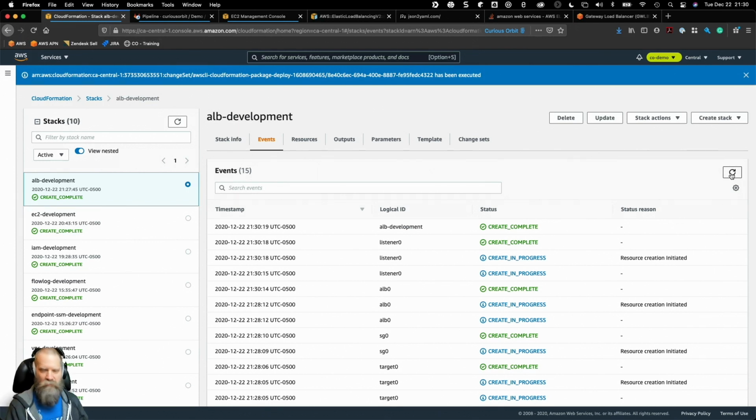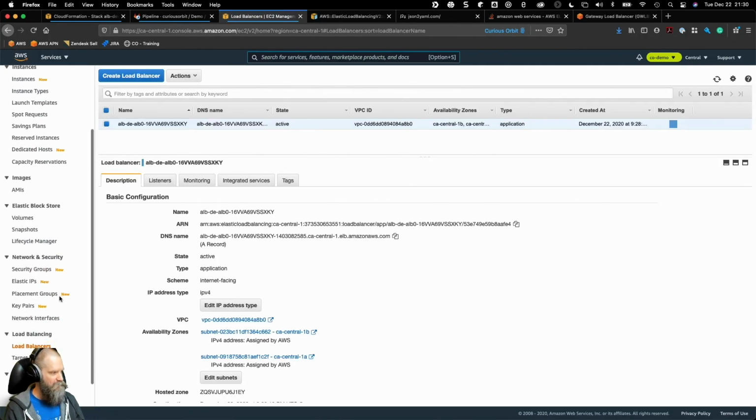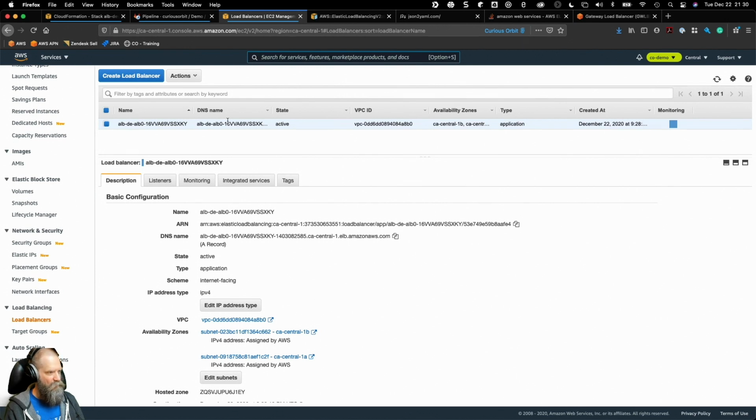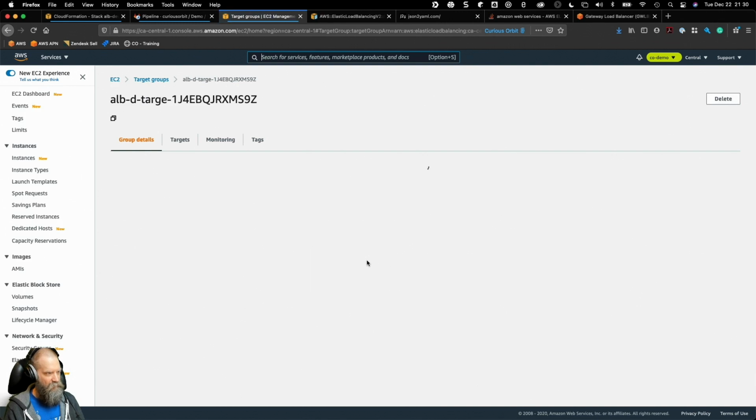There we go. Okay, so let me show you this, and I think we'll call it a night at this point, and then we can come back after the holidays and finish this up. We made a lot of progress today. So what we've got, here's our load balancer, all of its configuration, right? There's the listener, and the listener will forward to the target group. And then if we look at the target group,